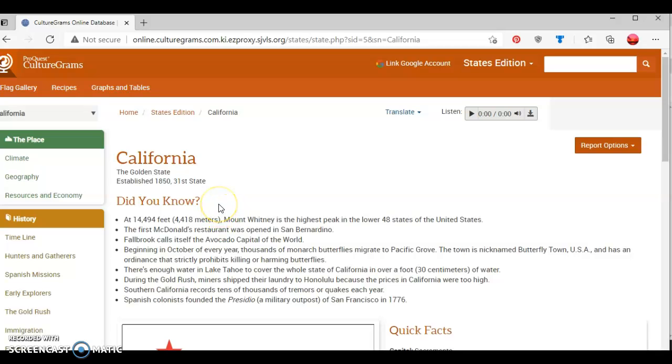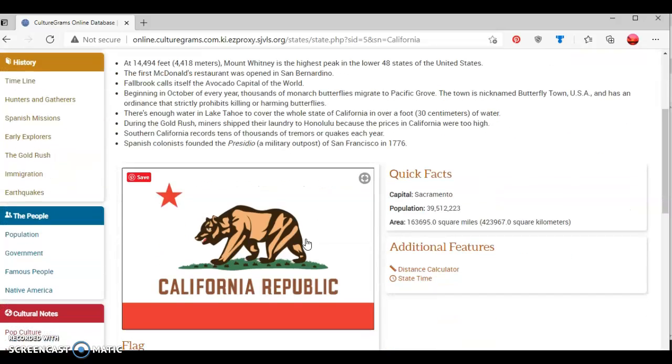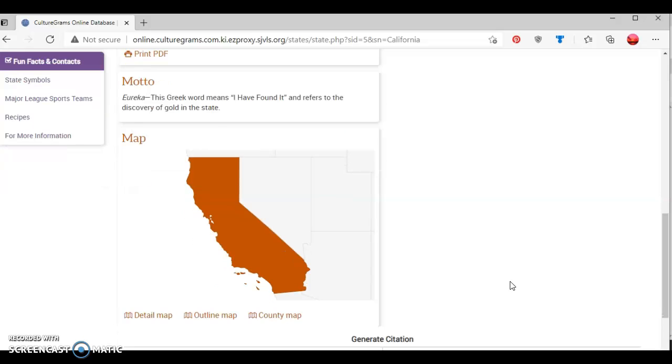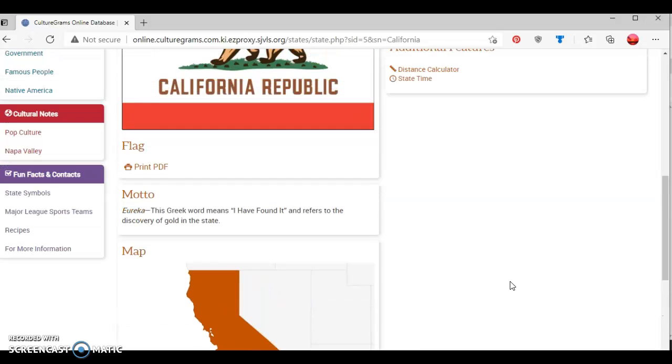Next, you'll see there's a section for Do You Know, which presents fun facts about California, such as did you know that Fallbrook calls itself the avocado capital of the world? If we scroll down farther, we see there's quick facts about the state, including the capital, population, and then how large the state is in square miles. There's also a distance calculator and state time, so you can see what time it is in the state that you're looking for. There's also a picture of the state flag, and an option to print out the state flag if you need that, the state motto, a map of the state,